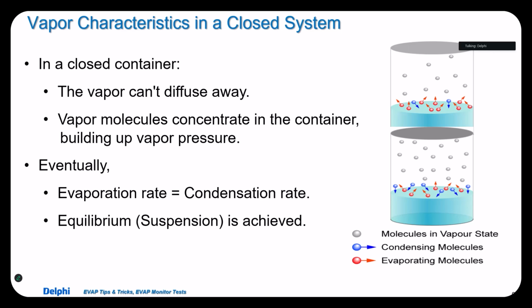so we can see if we are holding that vapor in there. And we're going to use our fuel tank pressure sensor to let us know how it's doing. Some other manufacturers might use a switch, some use a motor. But the idea is we need to know that the system is staying pressurized within a given limit. Eventually, the evaporation rate equals the condensation rate, and you get an equilibrium where now you've got just the right balance of fuel molecules and vapor, so that if we have a small leak, we can push that